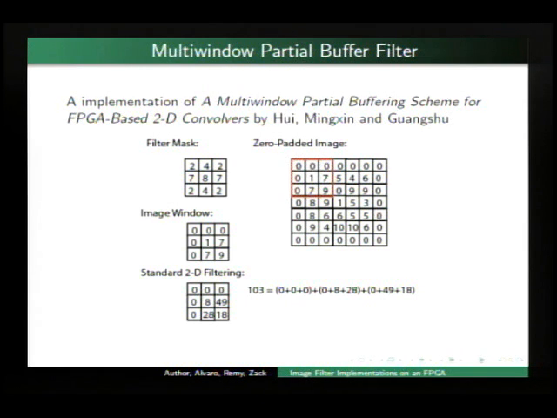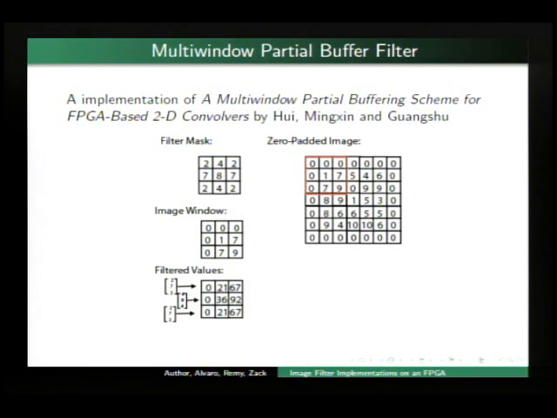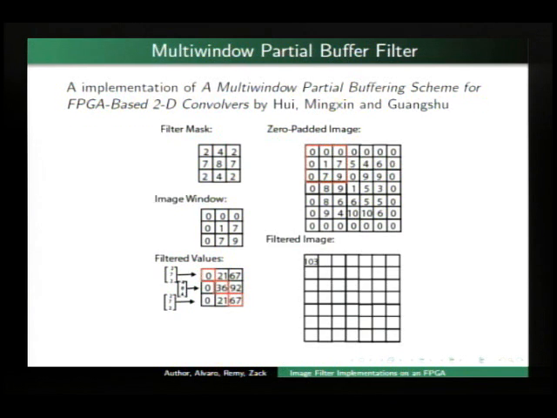And what this paper introduces is instead take this image window and then apply this first vector of the filter and apply that to every single one of the vectors in the image window. And then do the same for the second, apply it to every single vector of the image window, and so on, depending on the filter size. And then I prematurely add all these up, and I store them in a matrix. And each one of these rows corresponds to a column in the filter. And then this allows me to take the diagonal of this matrix, and that diagonal added up is the pixel